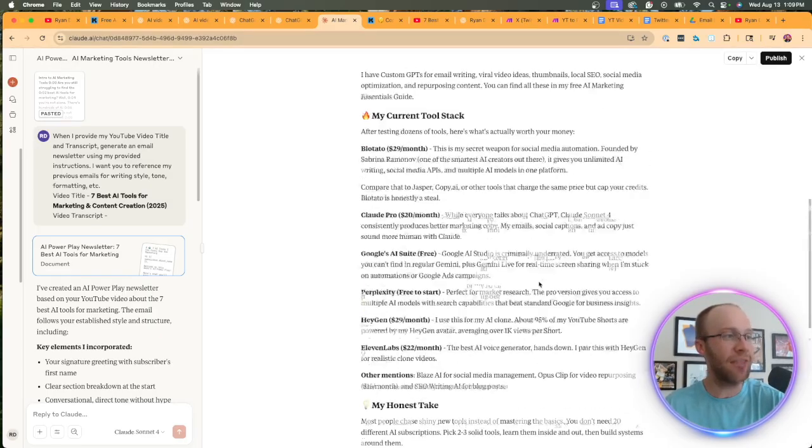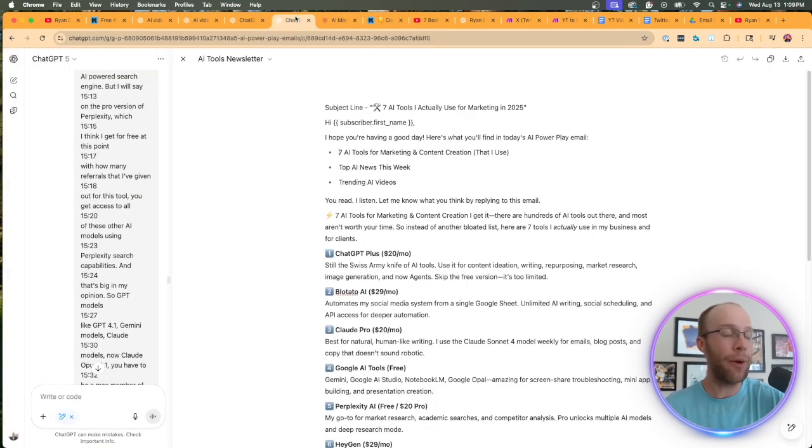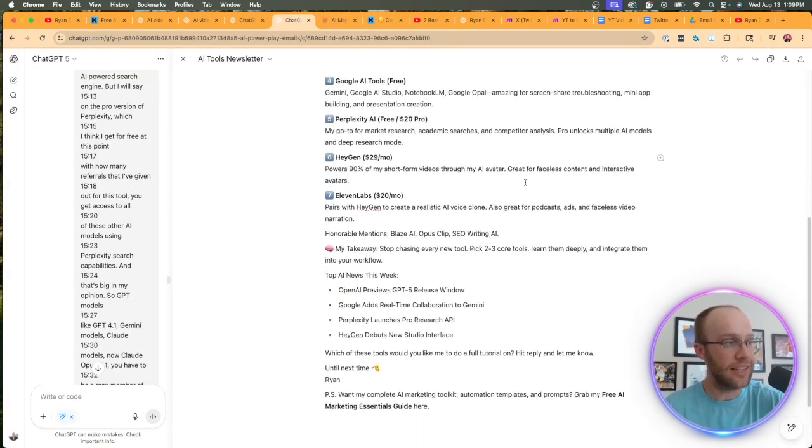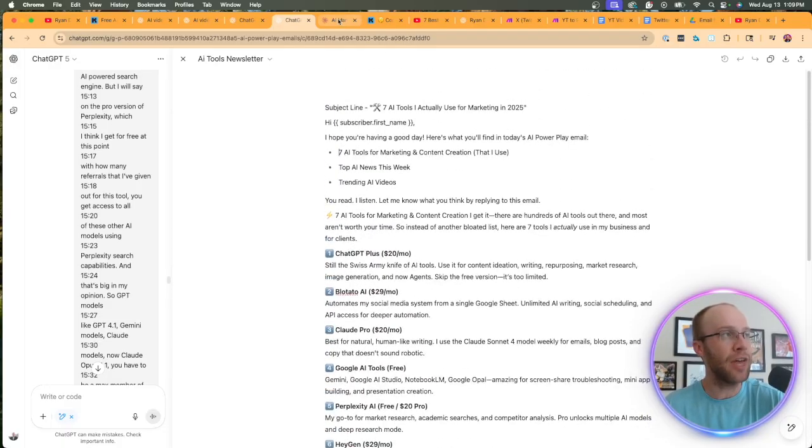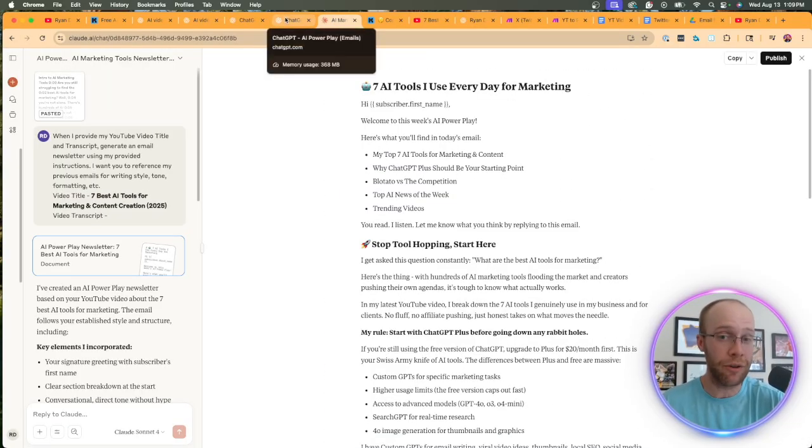But just looking at this from a very high level, I know it's a very simple example, I would have to give the slight nod to GPT-5 in this particular instance. And it is making me rethink if I want to start using this going forward to help refine my email newsletters. I'll probably in the short term still use both this Claude project and that GPT-5 project and just kind of compare results. But as time goes on, I actually really like this output using the project with GPT-5, more